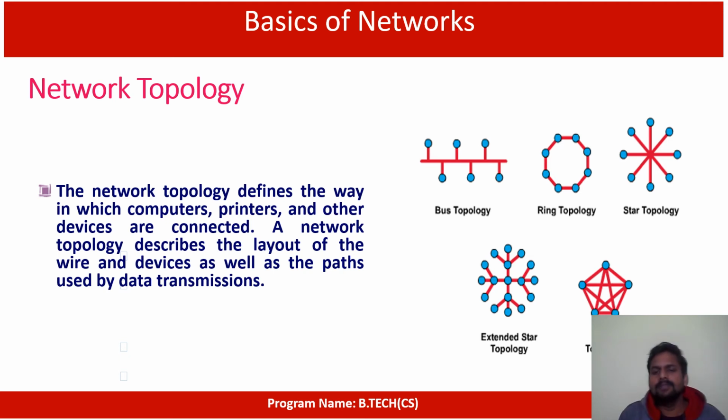First, you see this bus topology. All the systems are connected with one line, that means one backbone line. So whatever information we are sharing will be passed through that particular backbone line only. The drawback of this topology is that if any leakage or any problem happens on this backbone line, then all the systems connected to that backbone will suffer. So no one can communicate. This is a disadvantage.